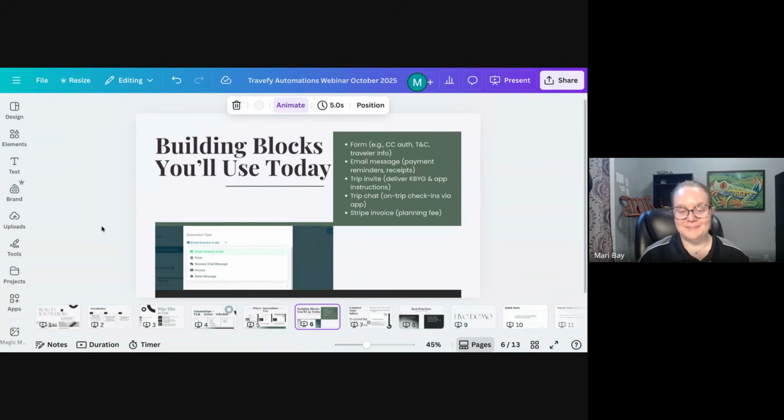So let's go over the building blocks that we're going to use today before we get into this live demo. Most of them are pretty straightforward. The forms are going to be the ones that you customize in your library. So things like the credit card authorization, gathering passport information, them agreeing to terms and conditions, and so